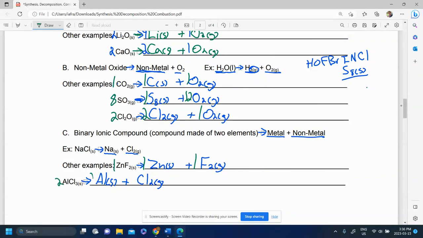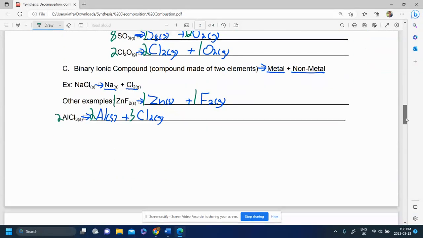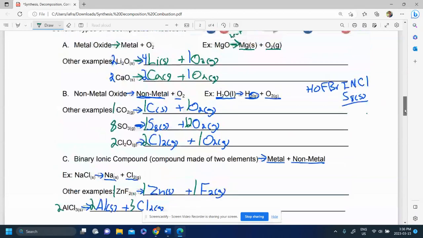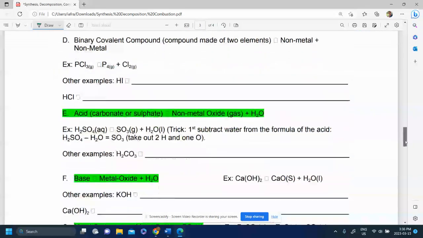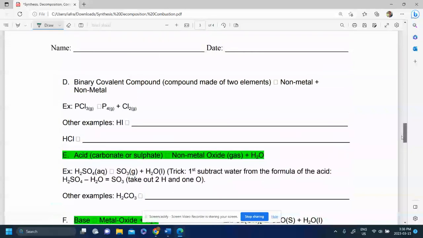Here I need 2, 2, and 3. So eventually you become that quick. It's a puzzle. You go back and forth, but you will become that quick at balancing as long as you practice enough. Okay, our last case that you need to sort of memorize for decomposing is when a covalent compound